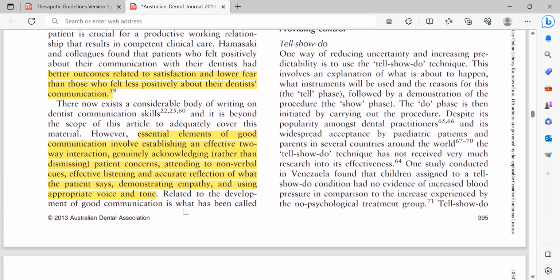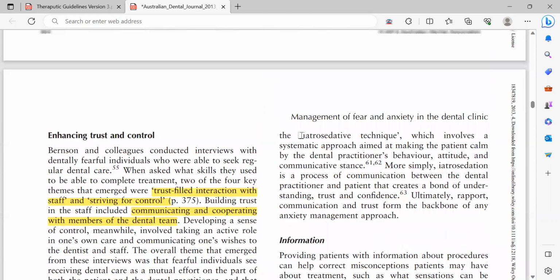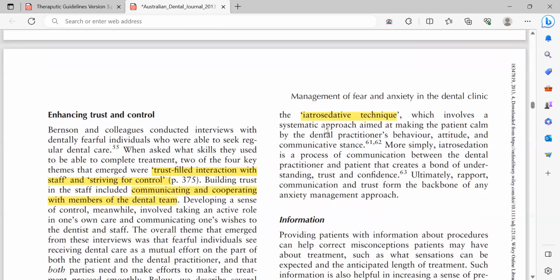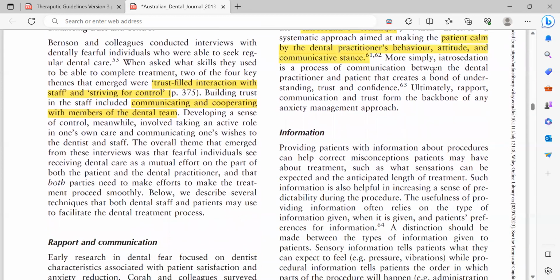Related to the development of good communication is what has been called the iatrosedative technique. It means sometimes with the voice and with the way you talk to your patient, the patient gets convinced, and they are a very cooperative patient later on. Okay, so this approach is aimed at making the patient calm through the dental practitioner's behavior, attitude, and communication stance. More simply,